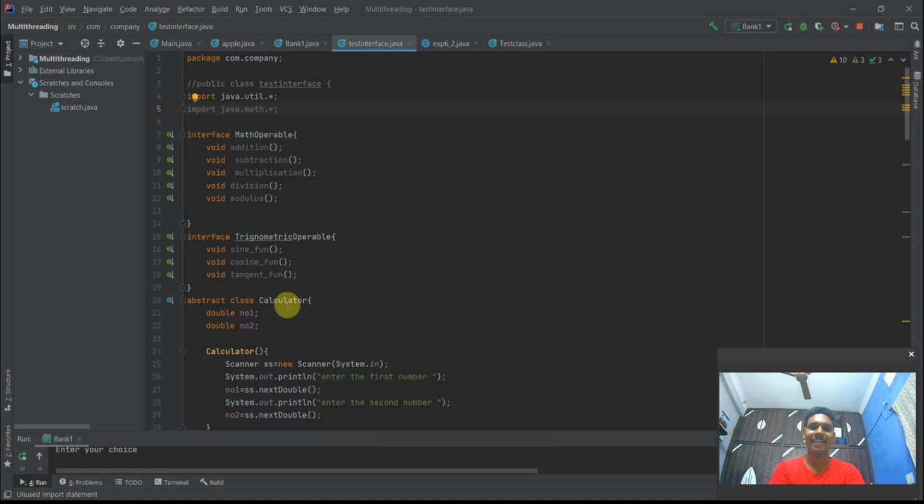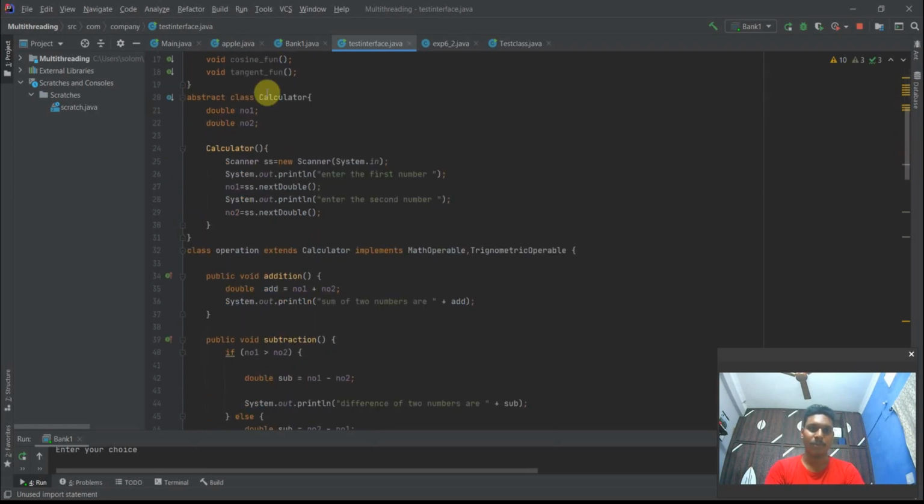So abstract class calculator. So I'm using a class name called calculator. So double number 1 and number 2, so we need to take two numbers only. You can keep n number of numbers if you want, if you have patience, you can have any number of numbers. So for the addition, multiplication, and division, let's go. So double number, because even if I give 5.2 plus 7.9, it needs to add and divide and subtract, multiplication, everything. So I'm using double. It can be integer, but I'm using double for my clear calculation.